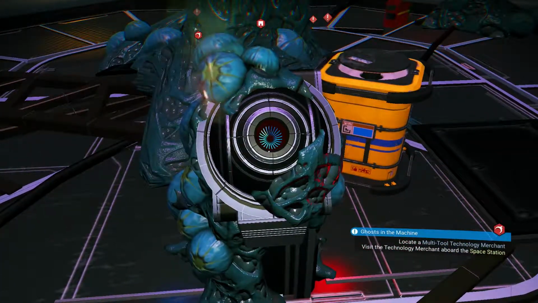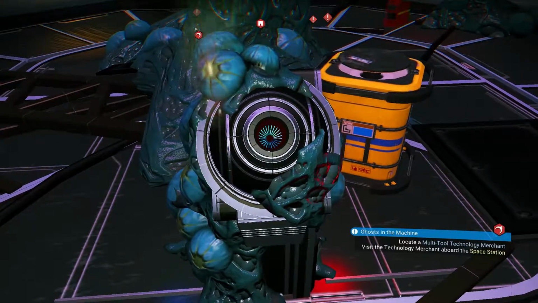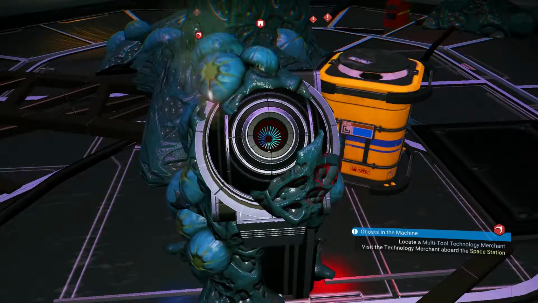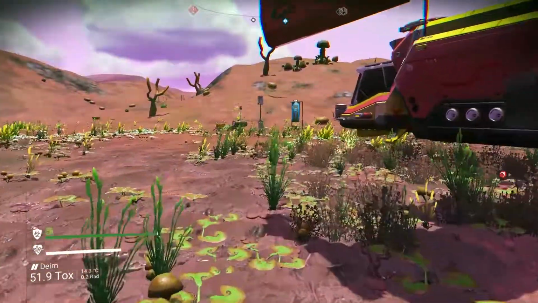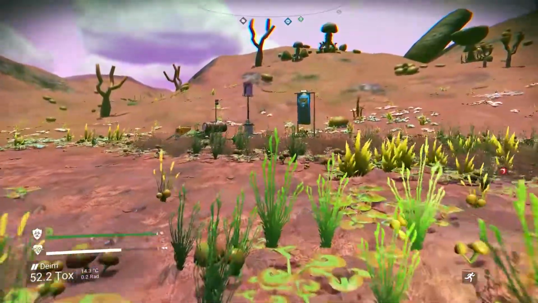Locate multi-tool technology merchant. Visit technology merchant aboard the space station. Okay, did I get my nanites? Probably not. Oh dear. Right, actually, what I'm going to do...